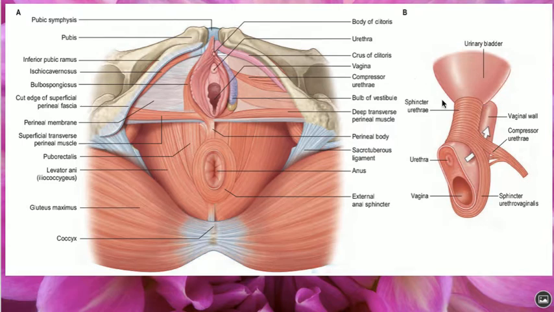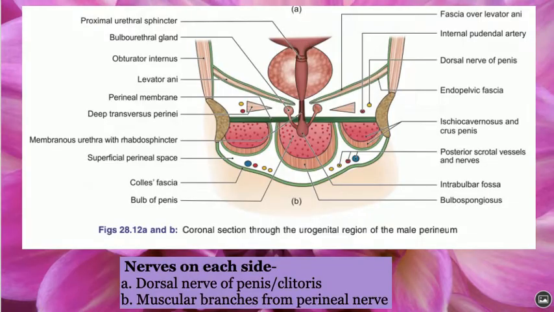So the sphincter urethrae is this muscle within the wall of the urethra that is helping in the sphincteric action. And then we have a compressive urethral muscle over here, which is helpful in micturition. We also have a sphincter along this area over here called the sphincter urethrovaginalis. It is a sphincter between the urethra and the vagina, right? So these are all the contents of the deep perineal pouch in female.